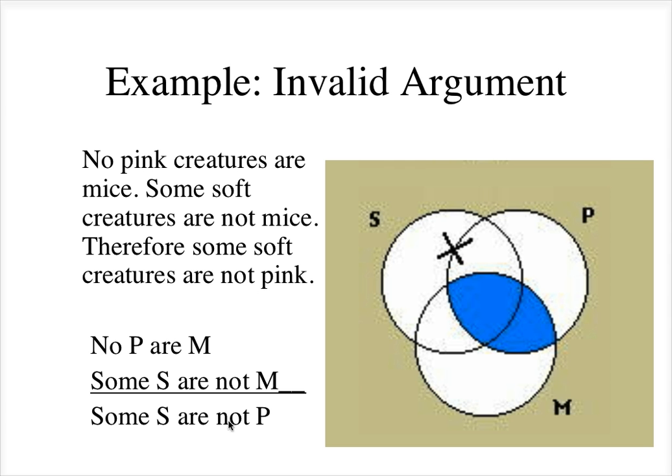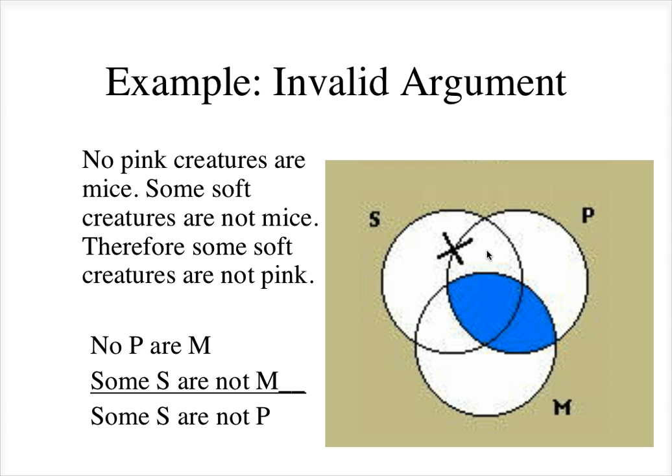Then we ask, is the conclusion diagrammed? Some S are not P. So here we have S that is not P. And we can see that this could be. So remember, this could have gone here. So some S are not P could be true based on this, but it could also be false because the X could have gone here. So